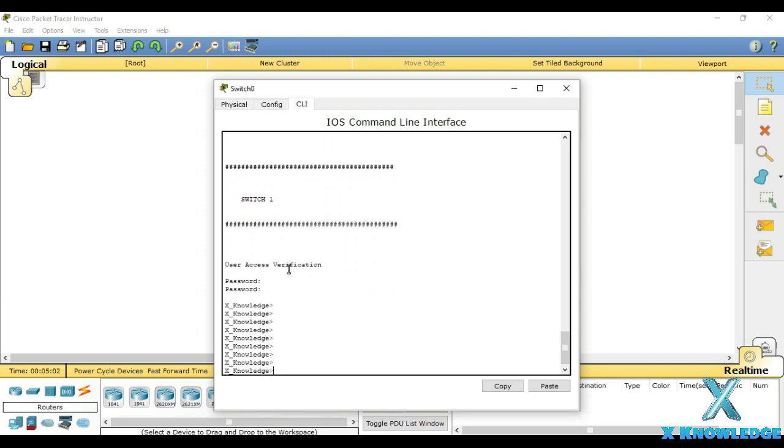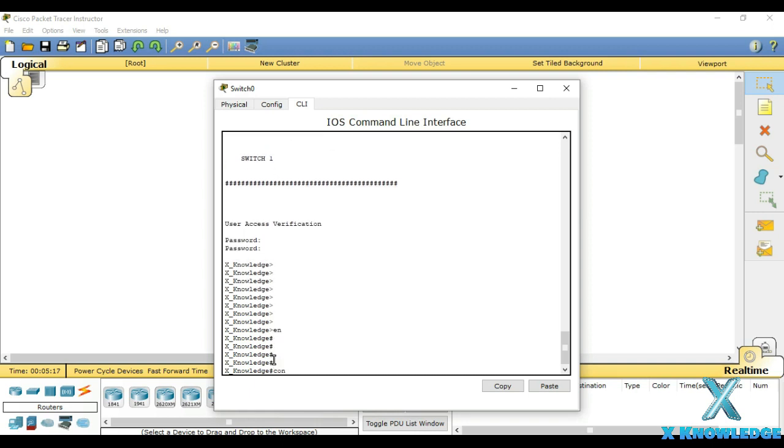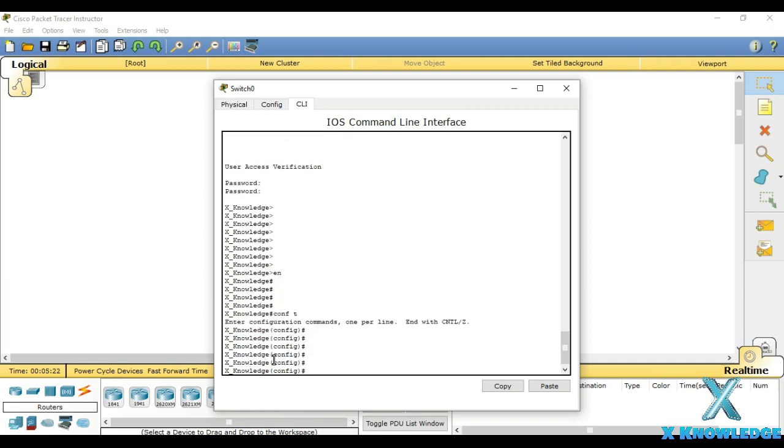So I have typed the console, and I got inside the switch. Now the next thing which we will be doing is the management IP. In order to set up the management IP, we will have to go to the global configuration mode. First we will have to go to the privilege mode. I'm in privilege mode, and in order to go to the config, I'm basically using the short form. Config T stands for configuration terminal, but I'm using the short form because the CLI provides this feature. If you write the short form also, it will get accepted.